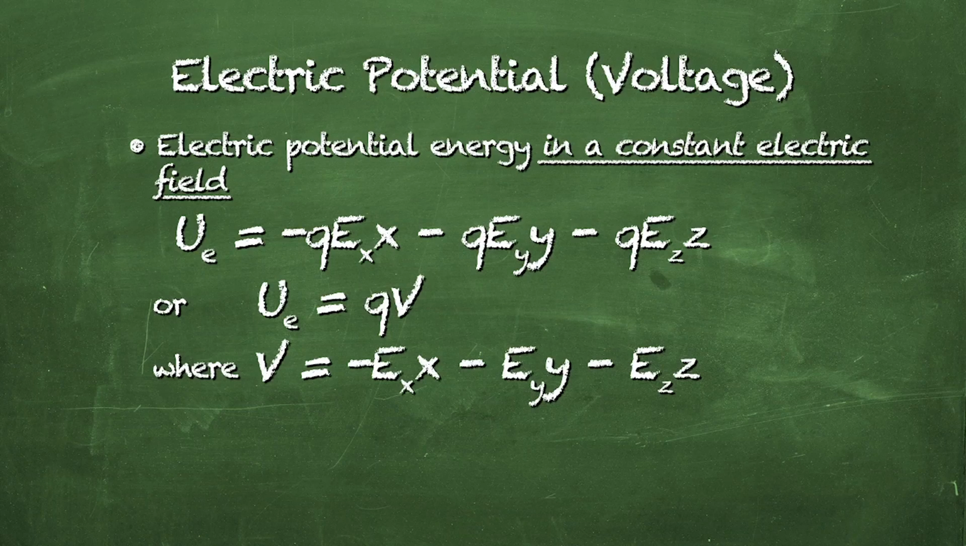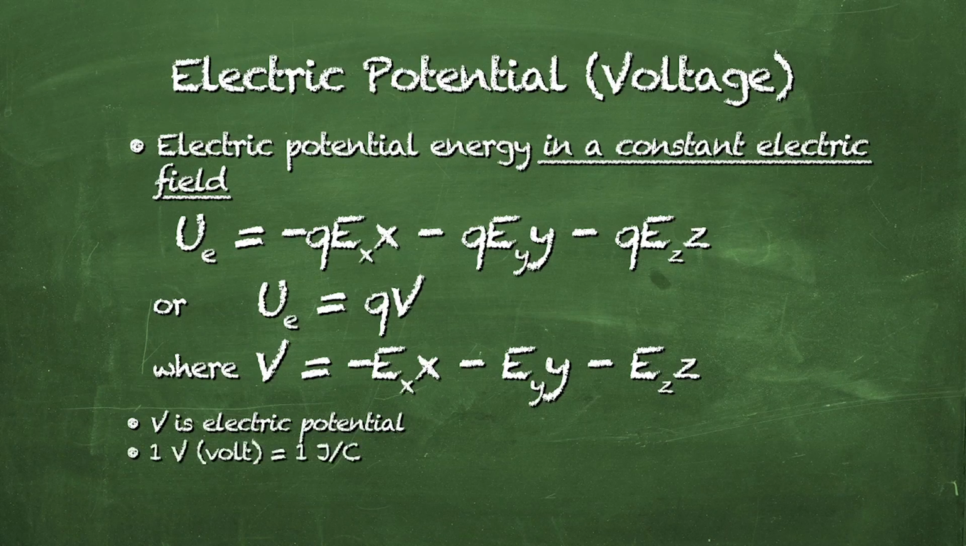So our new expression for the electric potential energy, UE, is equal to charge times V. V is called the electric potential. That is the name of that new quantity that we defined, V. The units of electric potential must be joules of potential energy per coulomb of charge, because we could solve that equation for V is equal to U over Q. So the units of electric potential are joules of potential energy per coulomb of charge, and we're going to give that